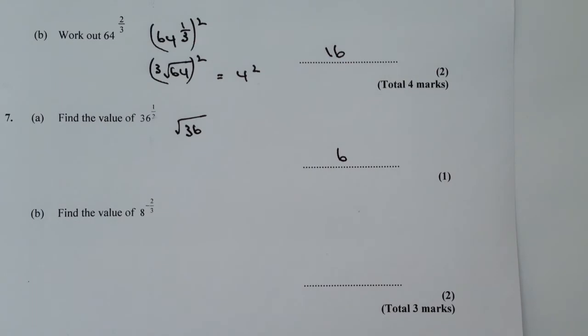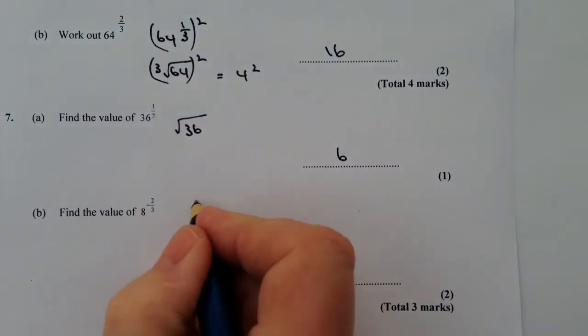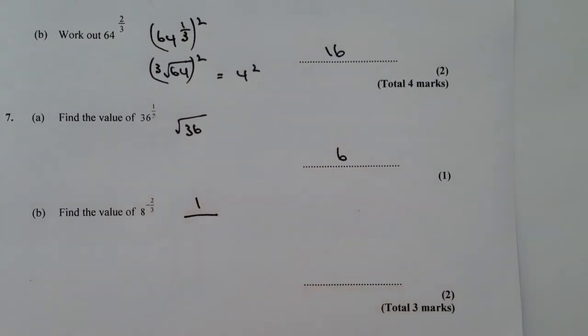Alright, and then on to the final one. Now the final one is a little bit trickier because it's actually a reciprocal. If you've had a look at the other videos, then you'll be able to see that with a reciprocal we write that as 1 over. So again, I'm going to use the same principle as I did in the first question,